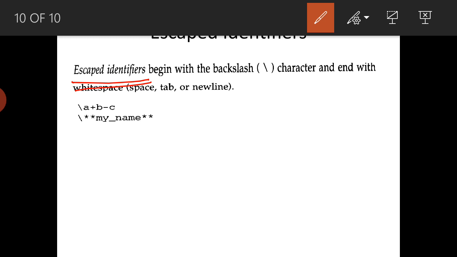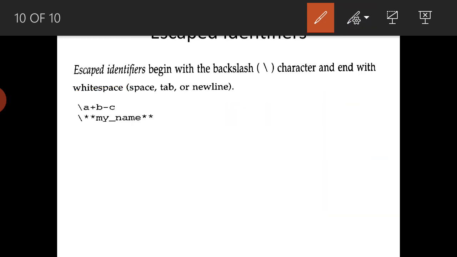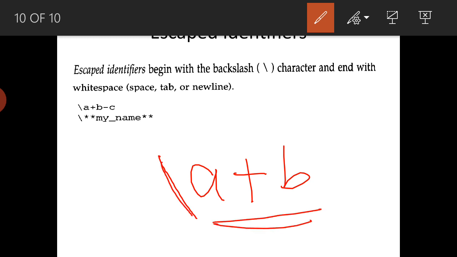Suppose, instead of a name like value, clock, or a person's name like JEC, I want to use special characters, for example a plus b in the variable name itself. In that case we need to use the backslash, and this will be considered as a name.